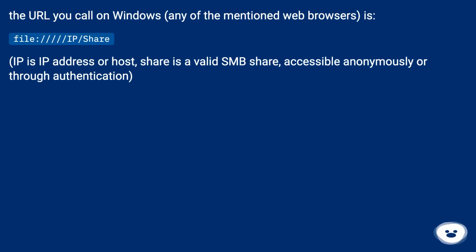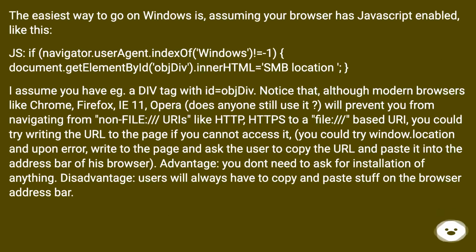The URL you call on Windows, in any of the mentioned web browsers, is file://IP/share. IP is the IP address or host, share is a valid SMB share, accessible anonymously or through authentication. The easiest way to go on Windows, assuming your browser has JavaScript enabled, is like this: if (navigator.userAgent.indexOf('Windows') != -1) document.getElementById('objective').innerHTML = someLocation;